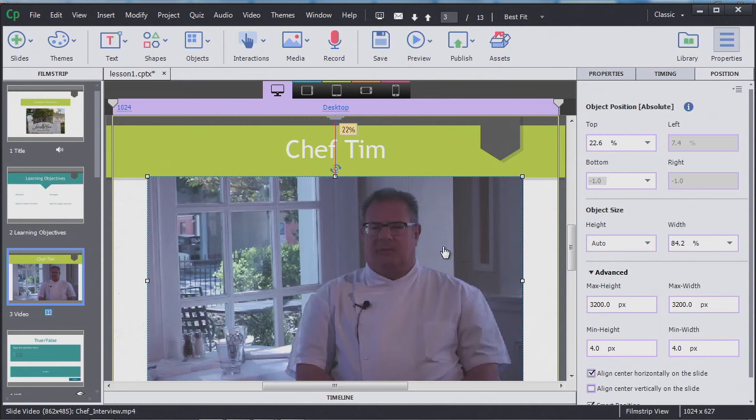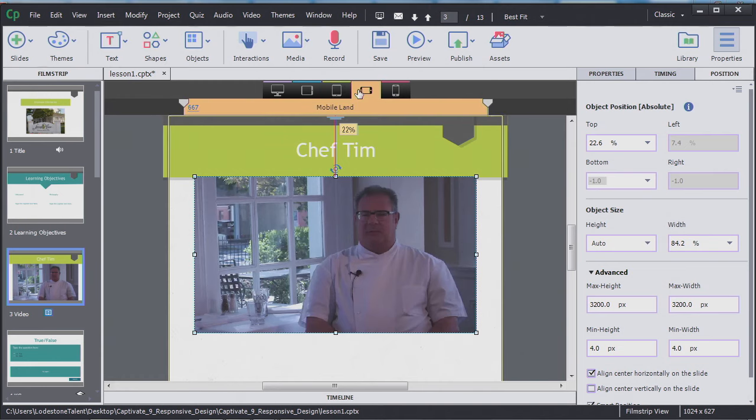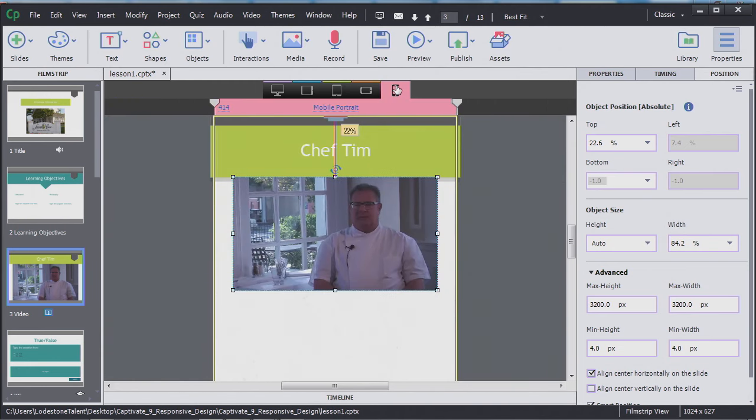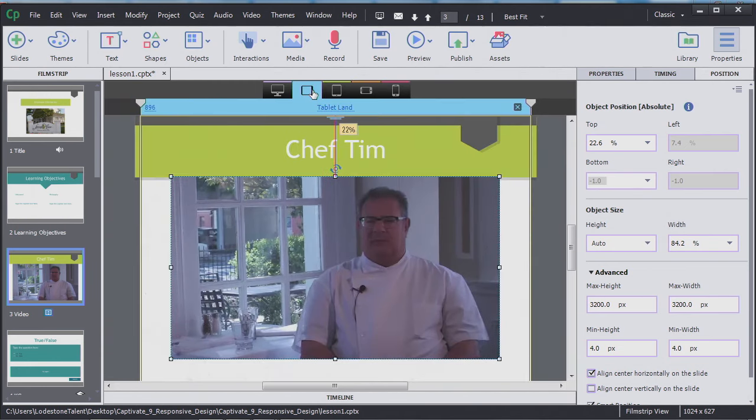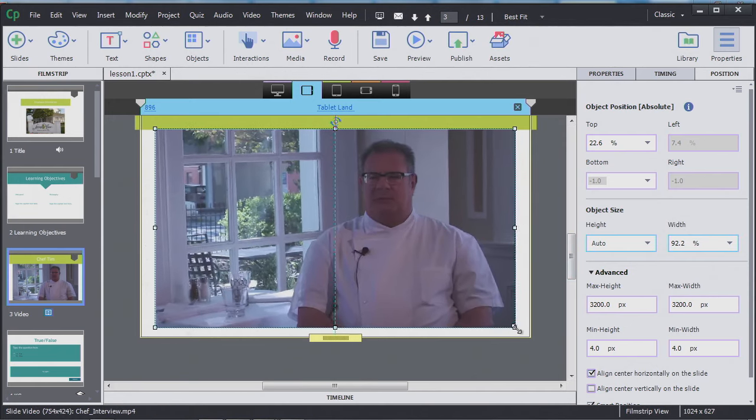All right. Now, once we have the desktop set, we can start looking at our other breakpoints with this video. We got tablet, and you can see, yeah, it's not looking so good on these others here. So we got a little bit of work to do. So I'm going to go ahead and start working with the object size on this video. Again, it's going to center automatically. So I'll scale this up